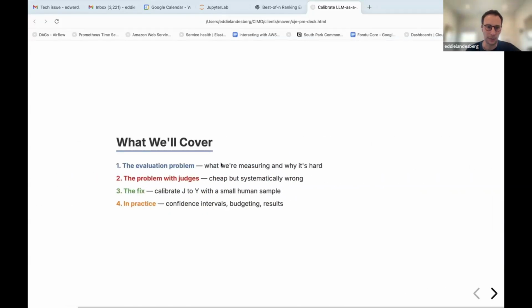So yeah, starting out with just what I'm going to cover in this talk. So first is a little bit of problem framing around, hey, what problem are we actually trying to solve with AI evaluation in general? Motivating why I think that LLM judges are very useful and powerful, but when used naively can go terribly wrong. And then the fix that I propose, effectively calibrating the LLM-as-Judge to human experts or whatever you deem as ground truth, and then I'll talk about some of the results we see in practice, some of the experiments I've run, and some of the tools you can use to accomplish this in your own workflow.